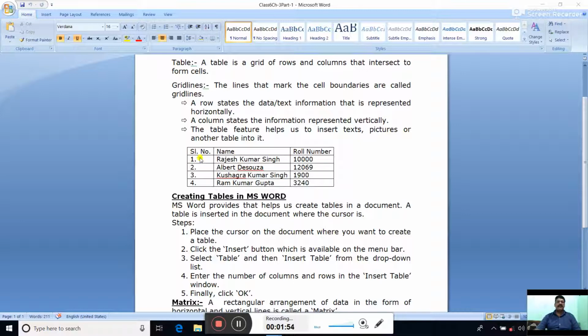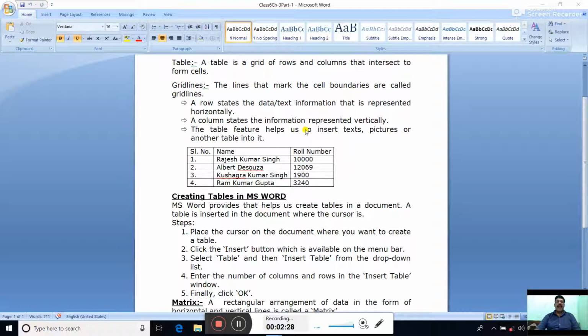The heading is the first row, 1, Rajesh Kumar Singh, roll number 10,000 is row 2, then Albert D'Souza, row 3, row 4, row 5. So in this table there are 5 rows, and how many columns? 3 columns. A row states the data and text information that is represented horizontally. A column states the information represented vertically. So this is serial number 1, 2, 3, 4, name, roll number. This is vertical, this is the column.